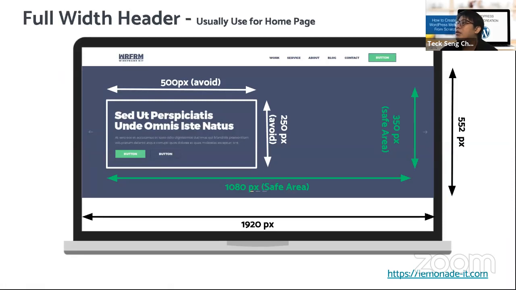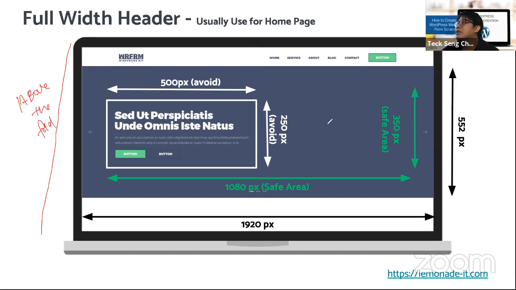Now the width times the height for the home page. For the home page, the other time I mentioned something called above the fold. So this is what you see above the fold, the whole thing here. This is actually above the fold.